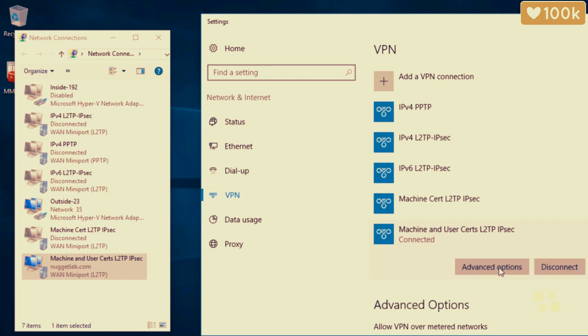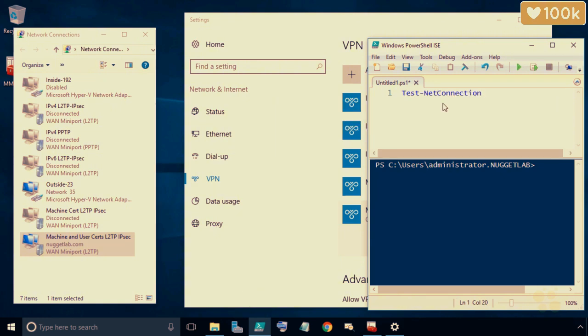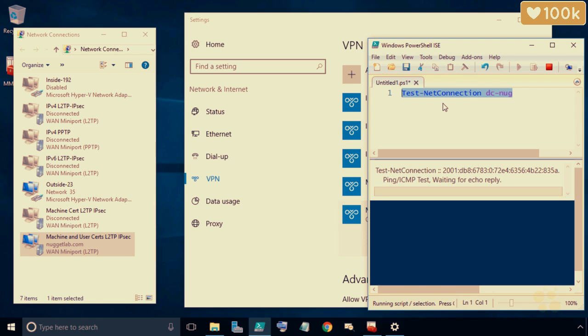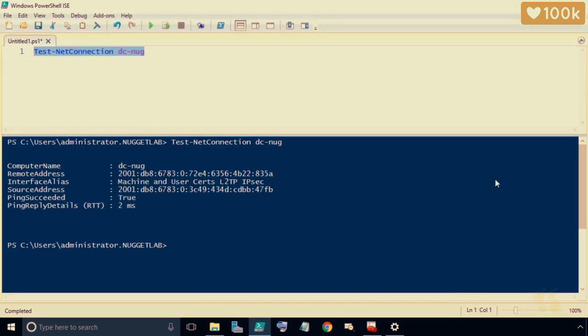And to verify our connectivity, we could bring up, for example, the PowerShell scripting environment, and we can do a Test-NetConnection. And let's go over to DC-NUG and hit F8, and that'll verify name resolution and also connectivity. It'll also verify the interface we're using, and I wasn't expecting it to use IPv6, but by George, that's what it did. Currently, the VPN is set up to support both IPv4 and IPv6, and it went for IPv6. So it did name resolution for DC-NUG, got its IPv6 address, and then did a ping to that IP address